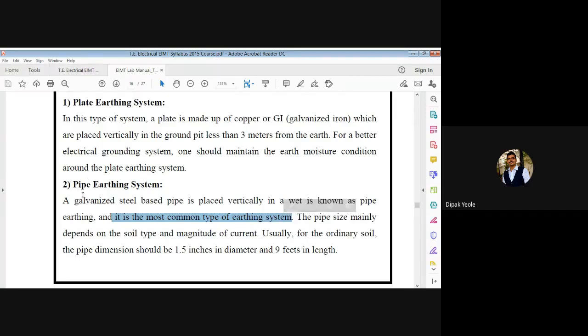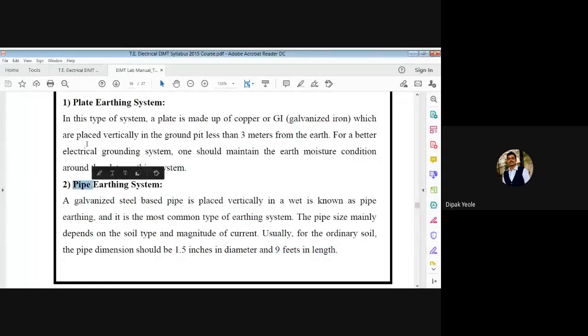तुम्हाला कळत असेल की पाईप अर्थिंग ही सगळ्यात कॉमन आहे किंवा वाईडली यूज केली जाते रिगार्डिंग द प्लेट अर्थिंग. येस. तुमच्या घरामध्ये किंवा तुमच्या जे जुनं गाव असेल किंवा जुनं घर असेल त्यामध्ये माइट बी हॅव सीन द पाईप अर्थिंग. द पाईप साइज मेनली डिपेंड्स ऑन सॉइल टाइप, magnitude of current. Usually for the ordinary soil, the pipe dimension should be 1.5 inches in diameter and 9 feet in length. So this is the, you can say, the dimension of the pipe